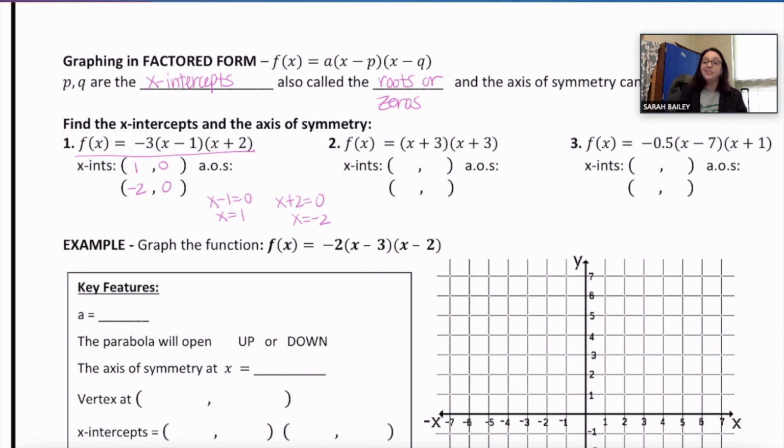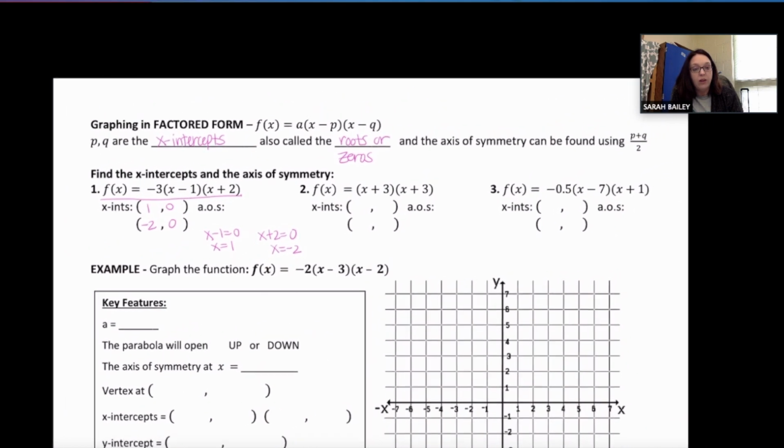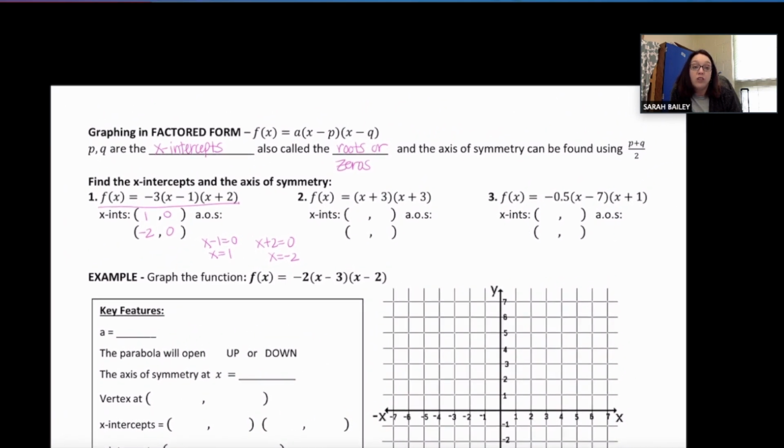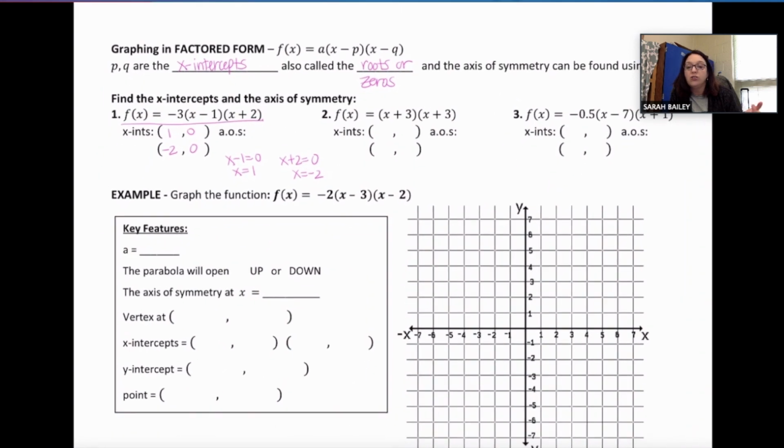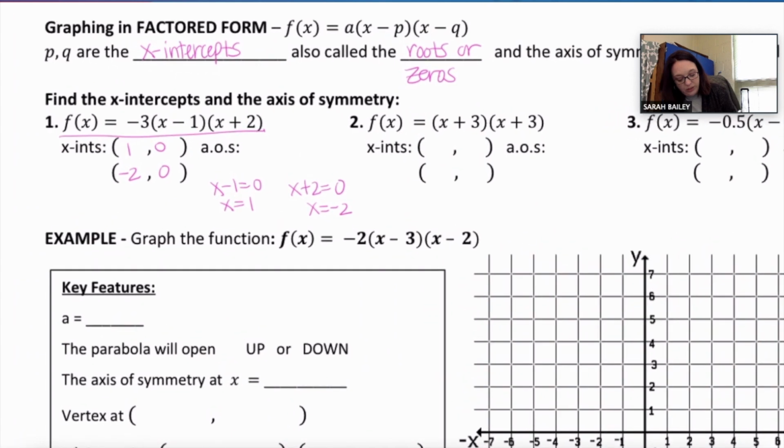So when y is 0, the x-intercepts are 1 and -2. What about the axis of symmetry? Well, the axis of symmetry we can find by adding p and q together and then dividing by 2. So here my p and q are 1 and -2. So I'm going to do 1 plus -2